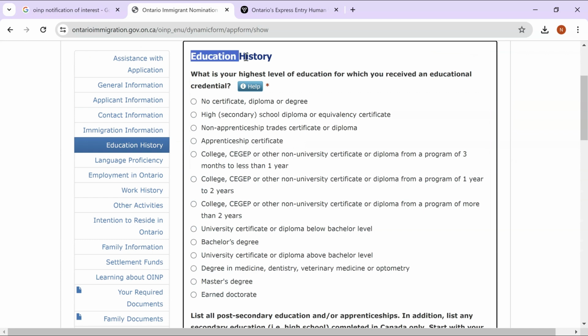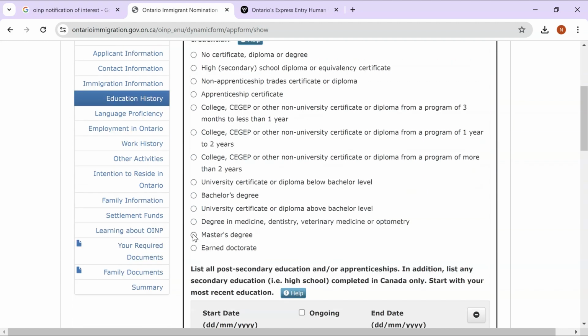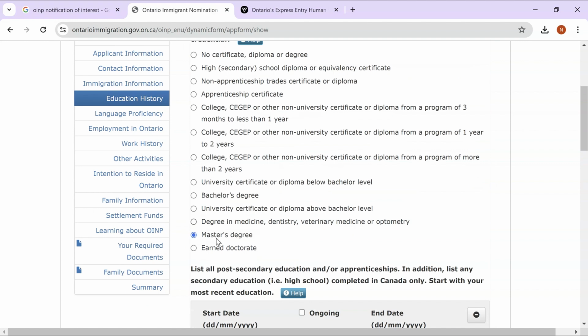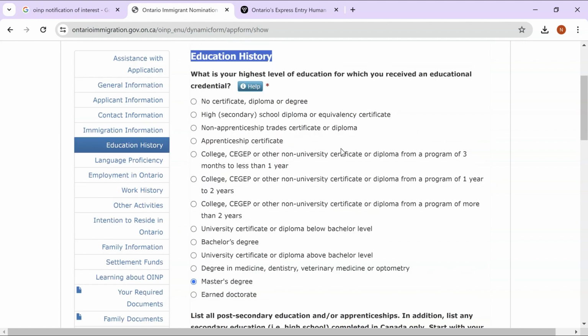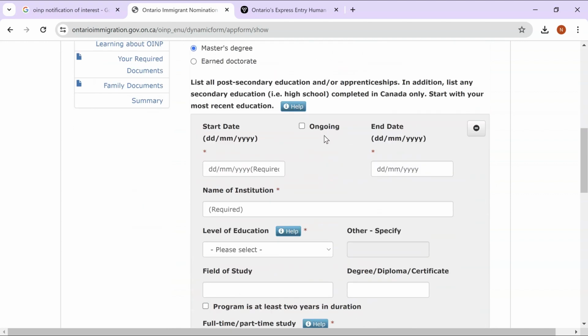Then it is going to ask for your education history, like what is your highest level of education for which you received an educational credential. So let's say I just finished my master's, I can say master's degree. You can select whatever you want as your highest degree depending on your highest level of education. And then it says list all post secondary education. In addition, list any secondary education completed in Canada only. Start with your most recent education. So you can enter the details like start date, end date, name of institution,